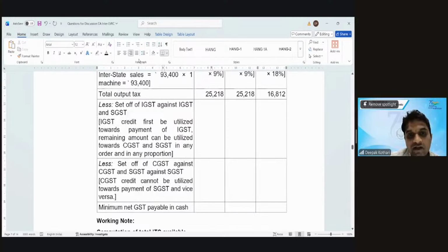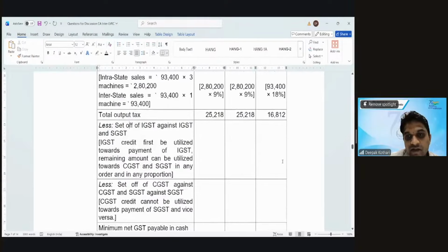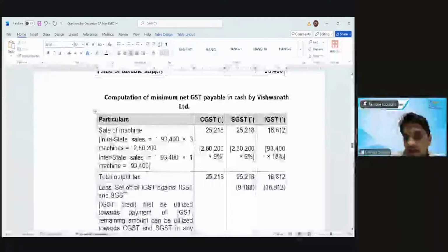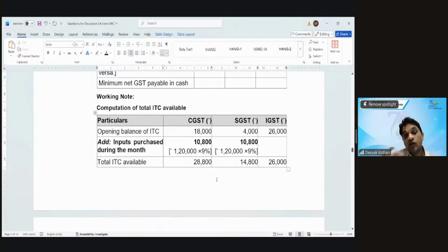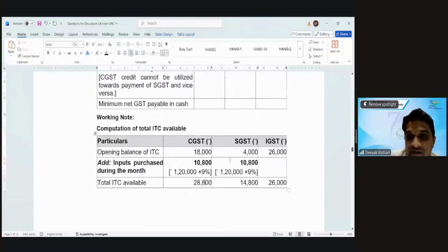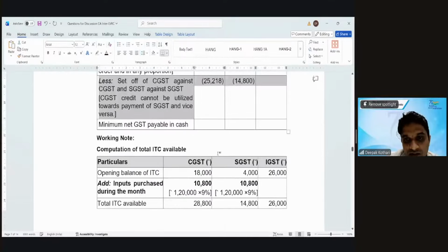Right? So how will I utilize this IGST? First, IGST credit, IGST of 26,000 rupees, utilize first, in the same manner what we have discussed previously. That 16,000 utilize completely here. Balance, if any, you can utilize again against C and S, but I will utilize against S because C में credit ज्यादा है. तो I can utilize C. जहां पे credit कम होता है, there I have to utilize. I will utilize the balance with SGST. फिर CGST का credit I will utilize here